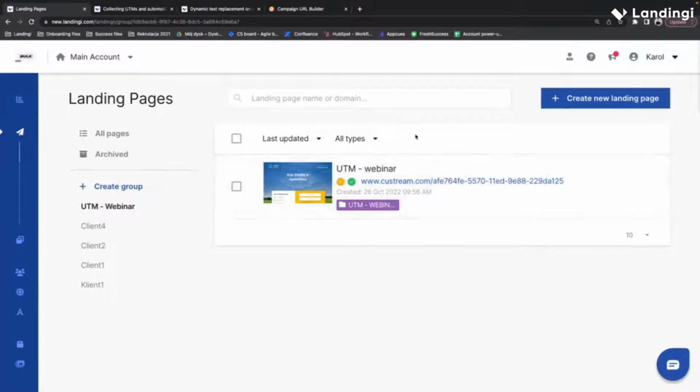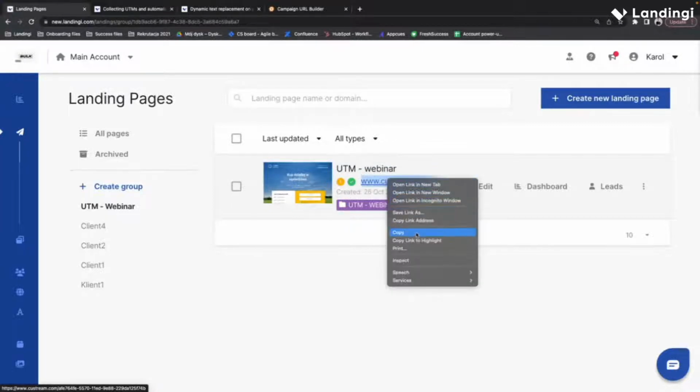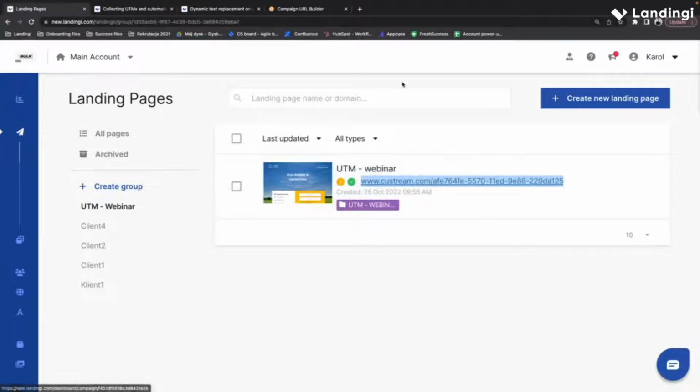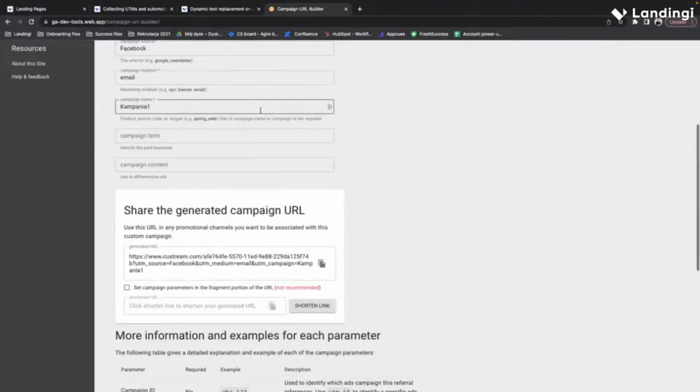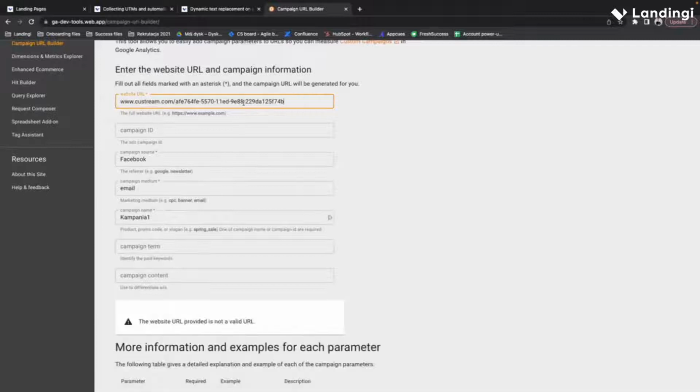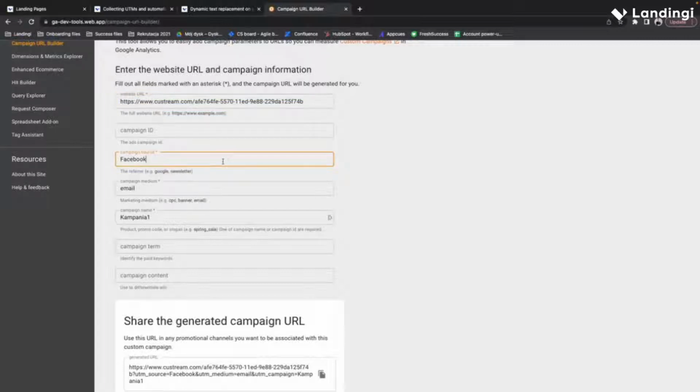In this very example, I just have some test landing page, as you can see right here. So I will copy this test landing page URL, and I will attach additional UTMs to this landing page with the tool that Patrick already showed you. So let me just pick some source.